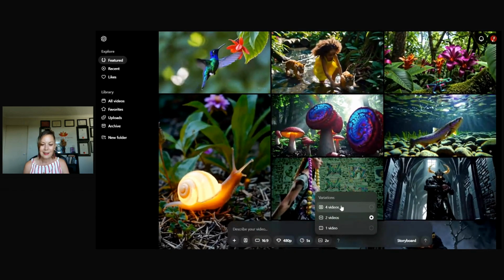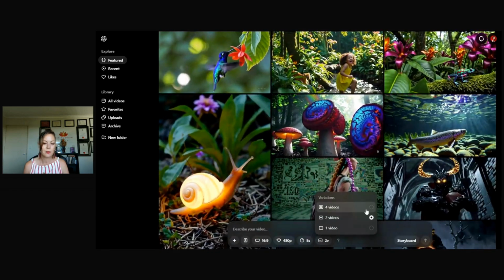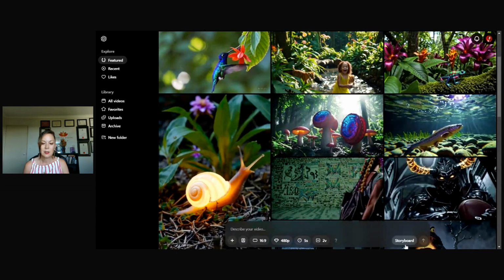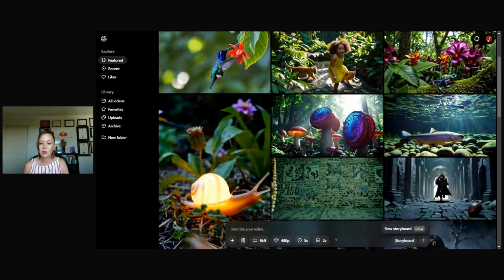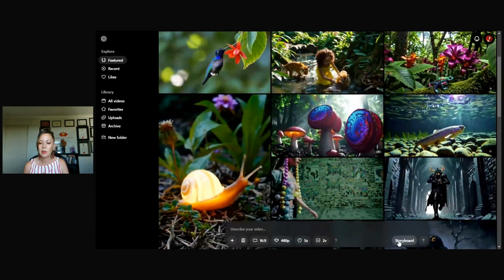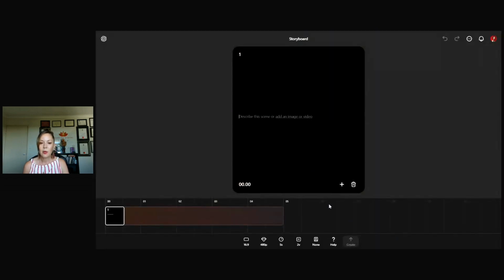And then you can ask it to create 2 videos as an example. And then you've also got this storyboard where you can create a new storyboard, and in storyboard what you can do is start to put together a sequence of your videos, which is really cool. And then you can download them all together.